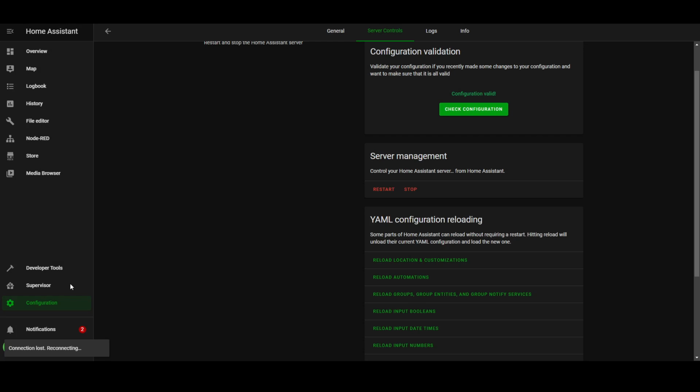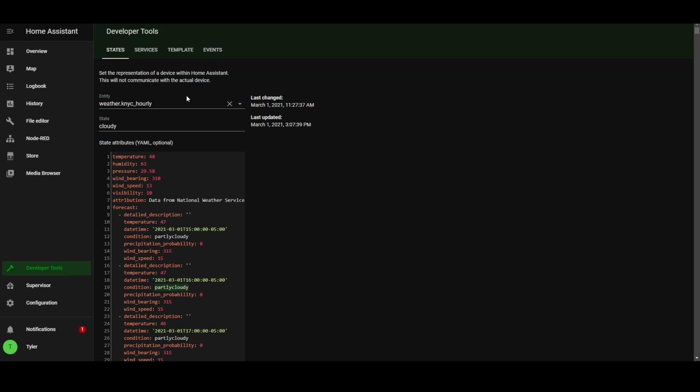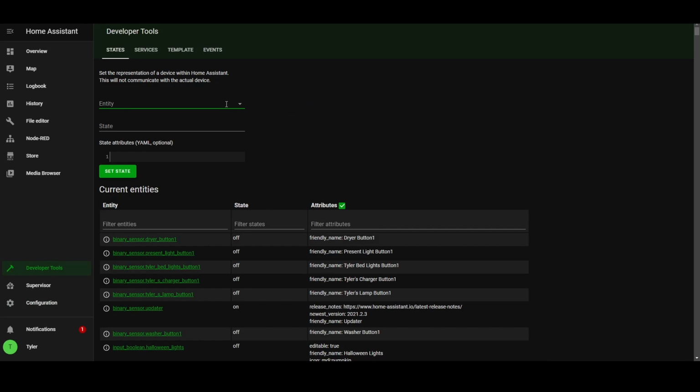So I'm going to restart it. You can see it says connection lost, reconnecting, and I'll come right back as soon as it's finished restarting. Okay, we're back now. Home Assistant has restarted. By the way, this is basically required to do. Anyways, now if I go into developer tools and I find hourly weather,